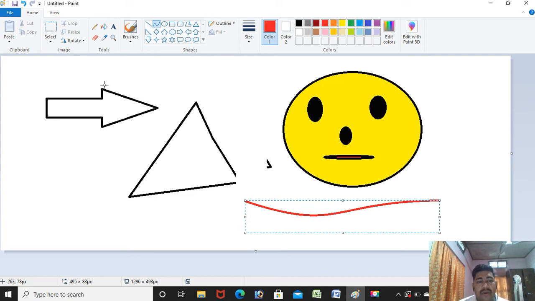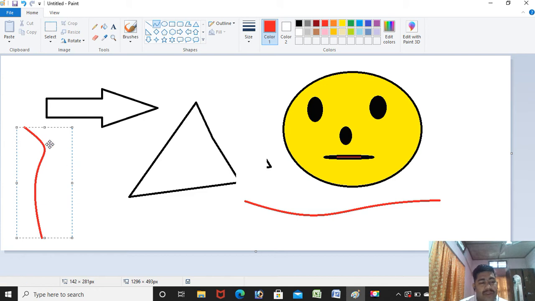Okay, understood? Step number one, you have to select the curve tool, then draw a straight line or whatever, then just click anywhere on the screen. Okay, and then two times, yes, this curve will be ready. Okay, this is your step for drawing with the curve tool. The next part is selecting the image. I have already shown you.